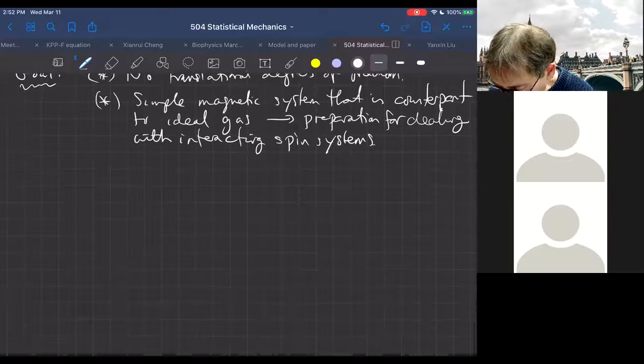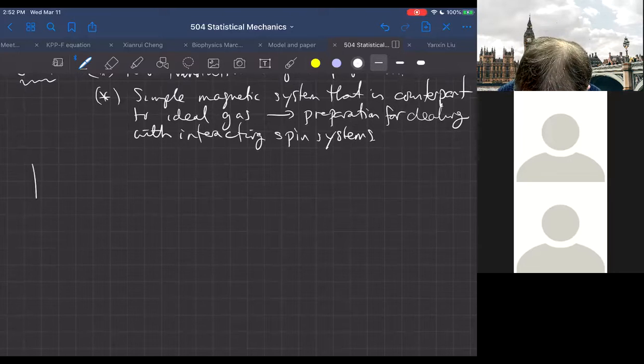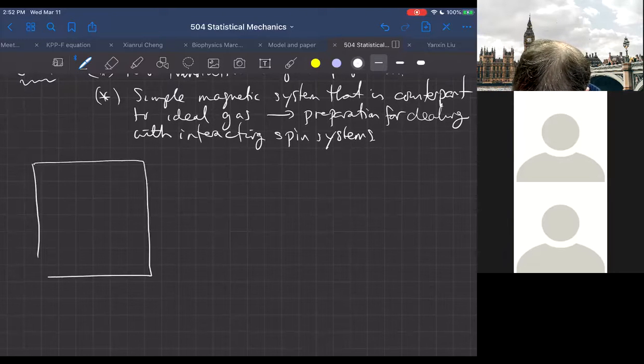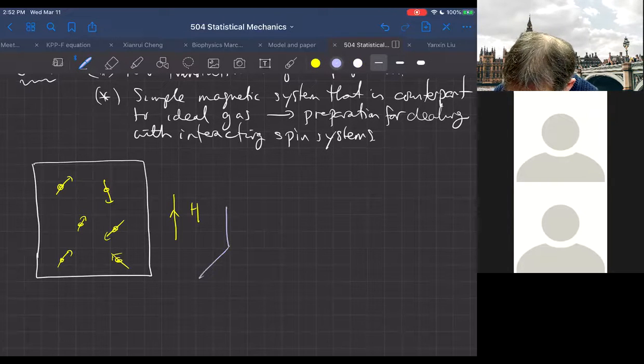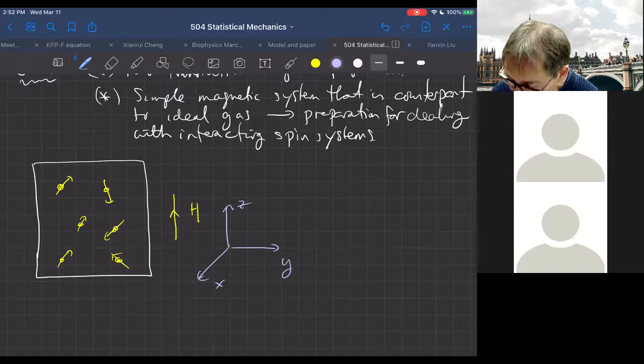So what is the actual physical system? Let's draw our box. So here's our system, and now what I want you to imagine in it is that I have a bunch of magnetic dipoles, as shown like that, and then they are in principle in an external magnetic field, and that external magnetic field is oriented along the z-axis, so that this is x, and this is y. So that's our system, and what we're going to have is n dipoles,